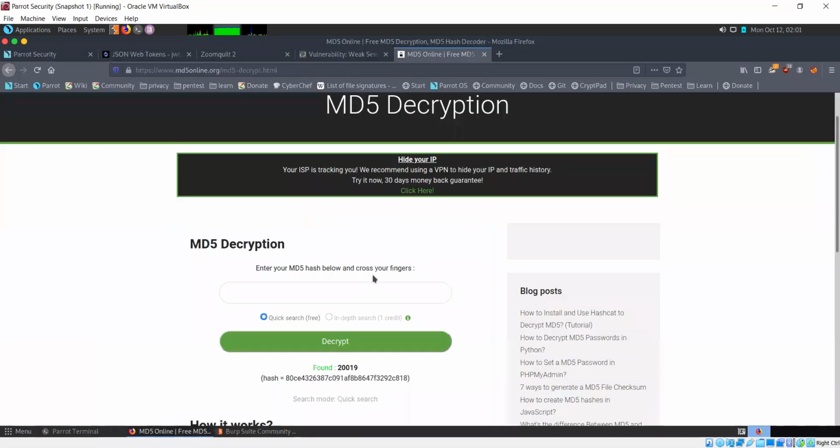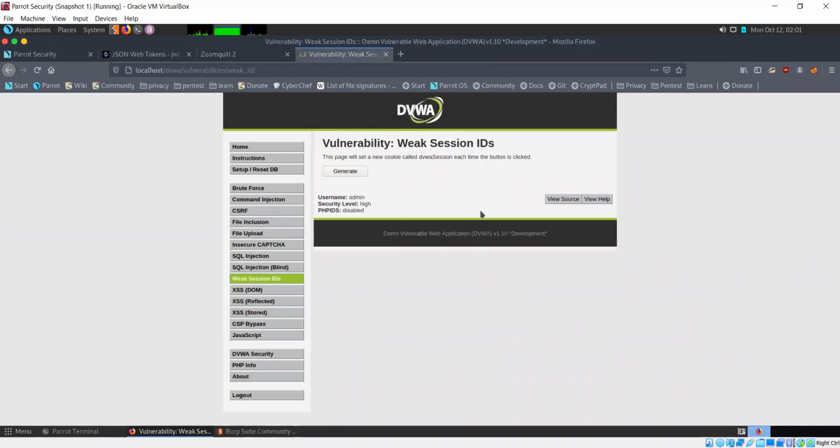So this is showing you that when you implement an algorithm for session ID generation, you should make sure that it is strong enough. So this was weak session IDs.